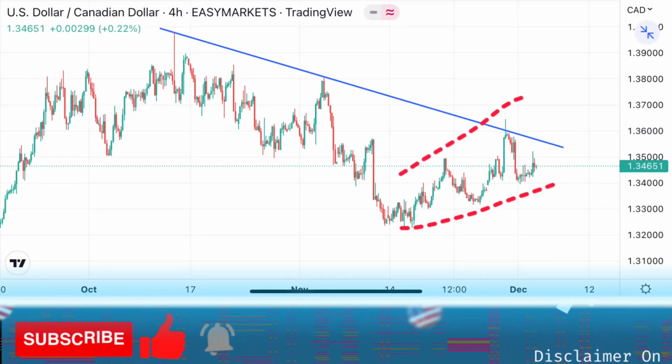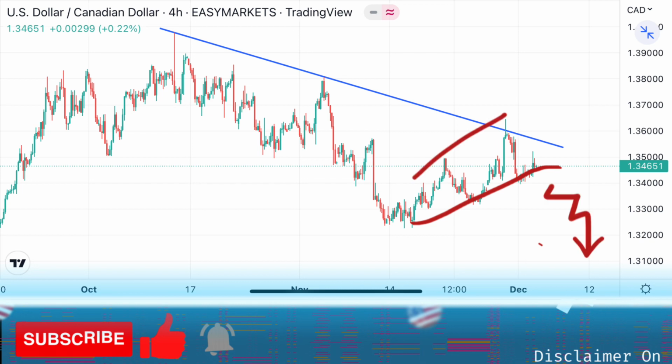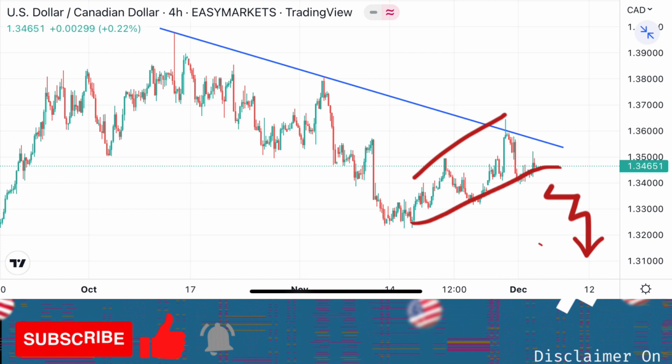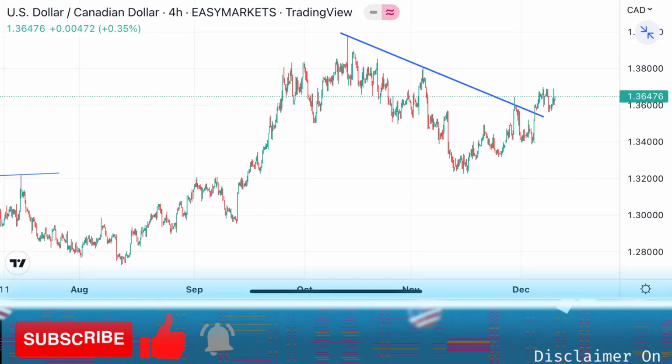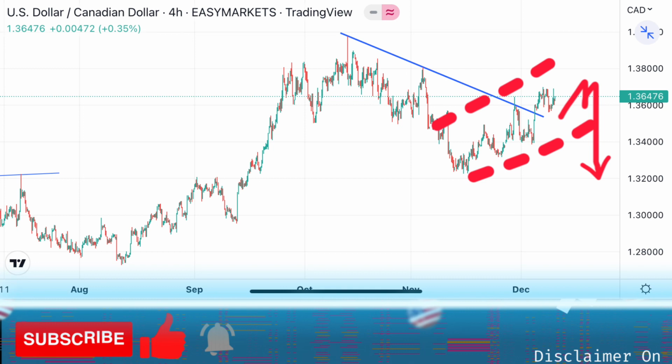For the Canadian dollar, in the last video my analysis was that it will be bearish, but enter only if it breaks the trend line. Instead the Canadian dollar went up, and here's the chart update. The Canadian dollar didn't go as we expected, it went up because oil went down. So what's next for the Canadian dollar? It looks like the Canadian dollar will have some correction after the Fed meeting. Remember, always enter after you get confirmation.